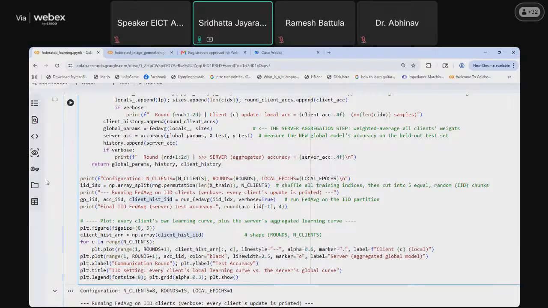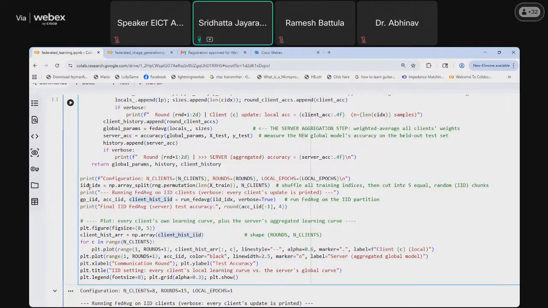Since the number of classes in our data is 10, in IID data the distribution of the data in each client should be similar. The class distribution should be similar.